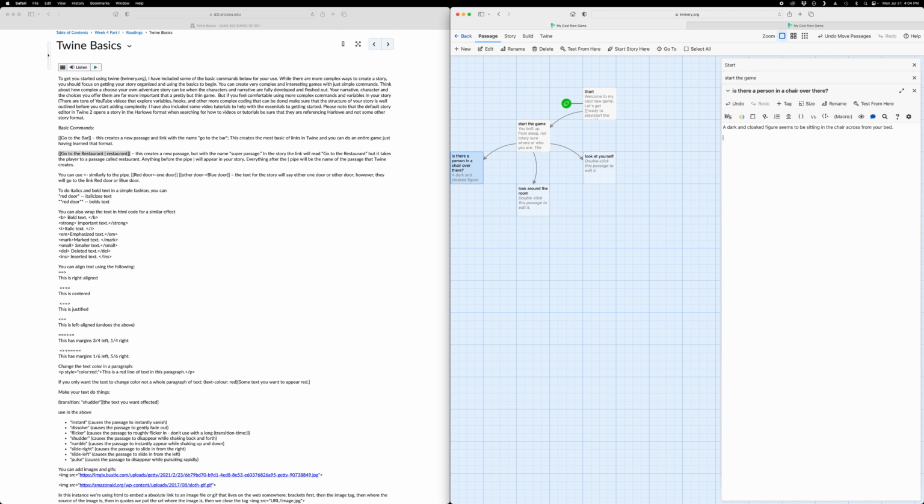And then maybe you're going to give them a couple more choices. Your eyes adjust and you can just make out